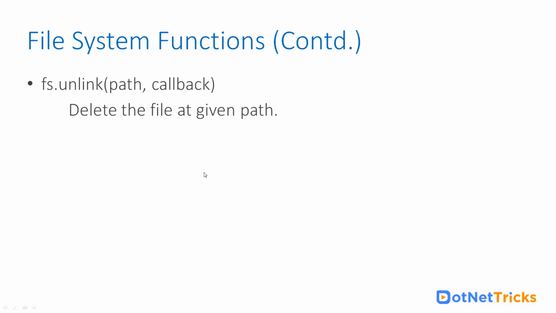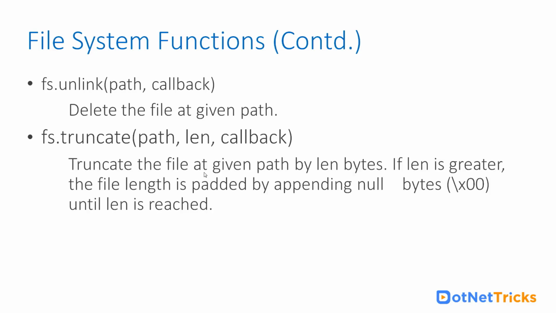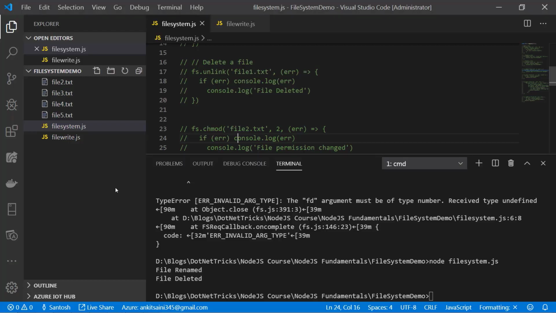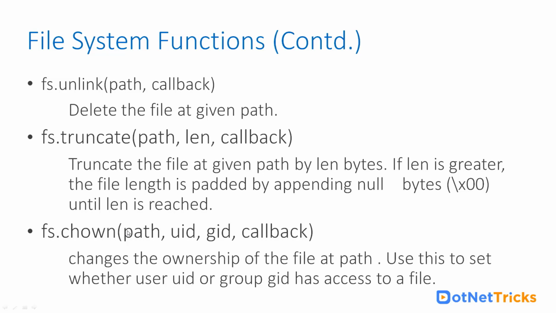The next function which we'll discuss is known as fs.truncate. Truncate is used to truncate the file length, and you can pass the same path parameter, the length parameter, and a callback. We are not seeing any example here. We will just move on and see the next function,